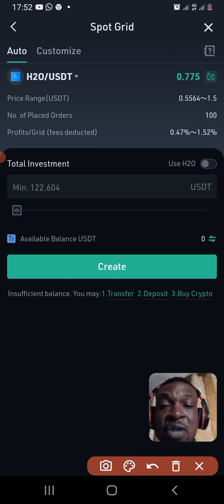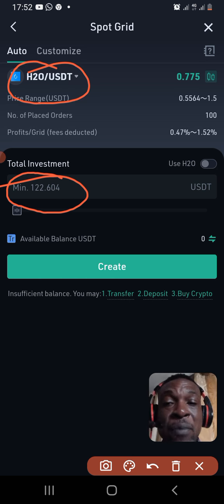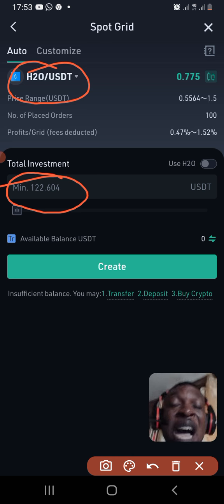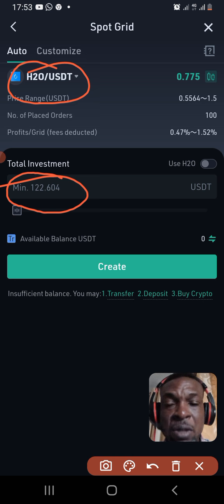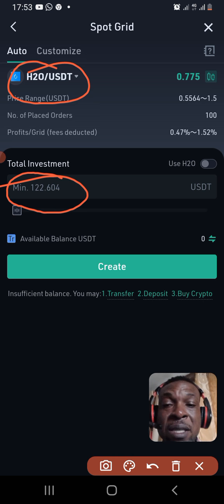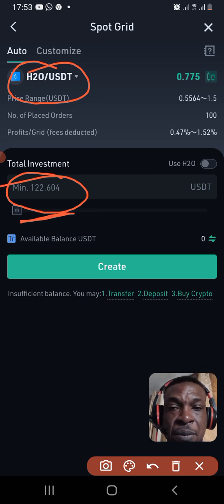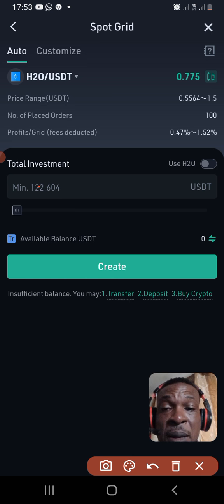Then another thing we need to look at is the minimum amount we are going to invest for this coin pair, right? That is now dependent on how much you have. As I said, you can invest less than $1,000, but what I want to experiment with right now is $1,000, right? Now, the minimum I can put here is 122.604, right? I can't trade with less than that, if I want to create these bots, right? Now, so what will I do right now? I come to the amount section